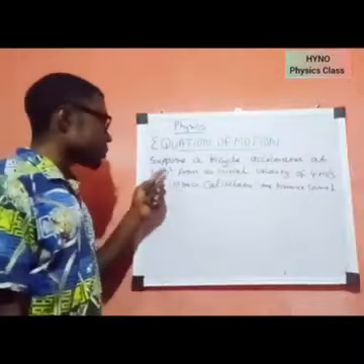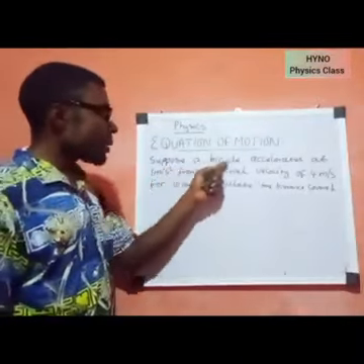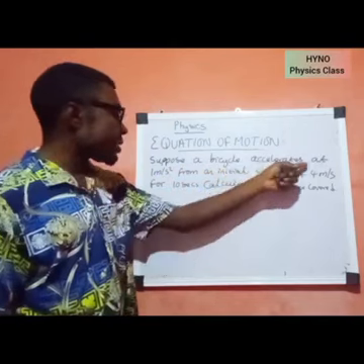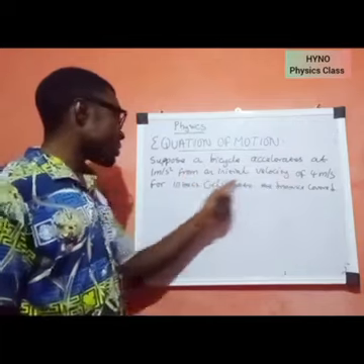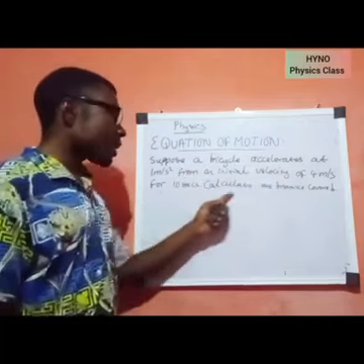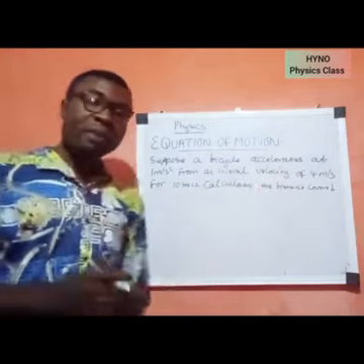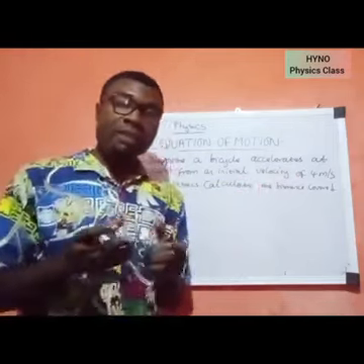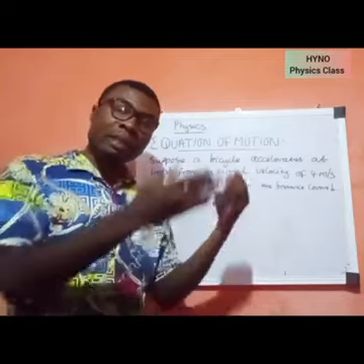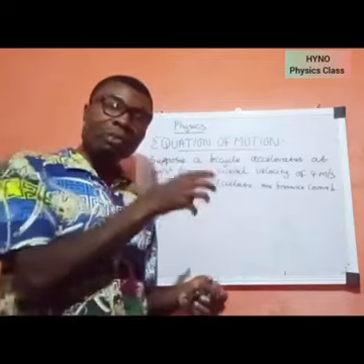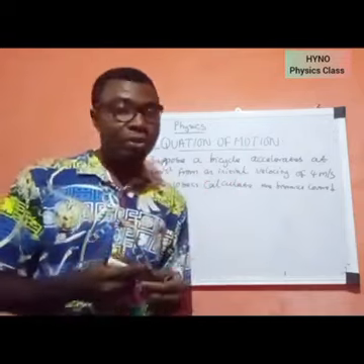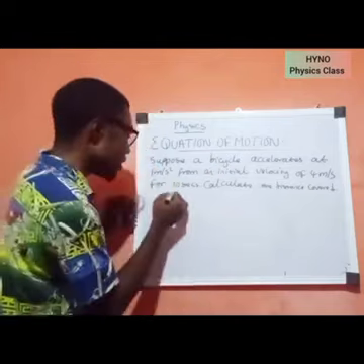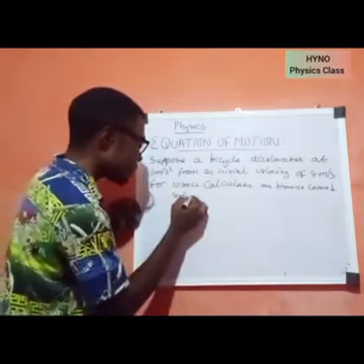So you have this question. Suppose a bicycle accelerates at 1 meter per second squared from an initial velocity of 4 meters per second for 10 seconds. Calculate the distance covered. I always tell my students, in physics calculation, please list your parameters, list out the quantities that are there, so that you have an idea of the kind of formula you are going to use to solve it. So let's say solution,